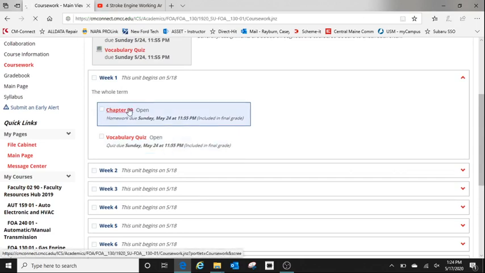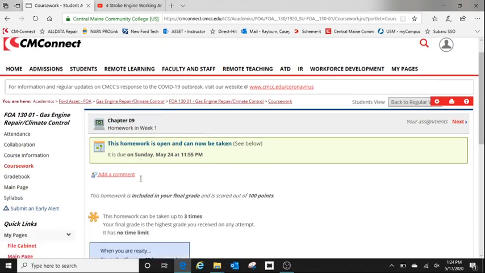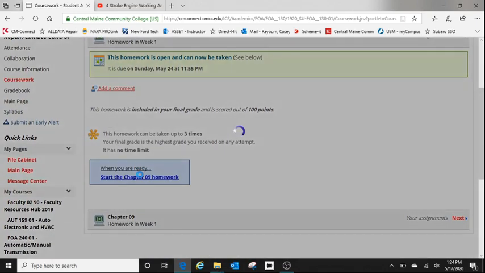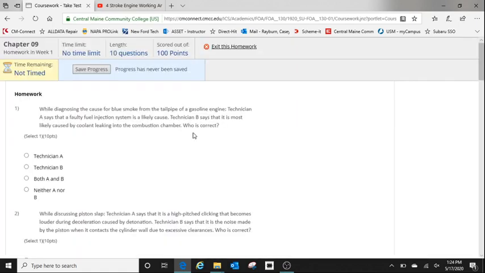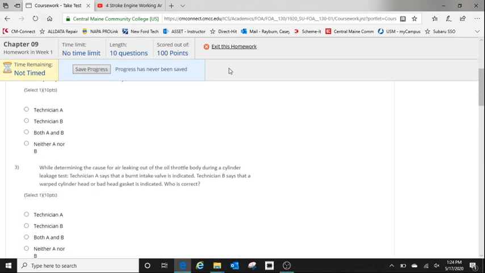And they're just the online homework and quizzes that we've done in the past. So you get 3 chances. I give you the highest grade. It shows you what you got right, what you got wrong. It doesn't tell you the correct answers to stuff you got wrong, but this is right out of the back of the book. And then for the quiz,